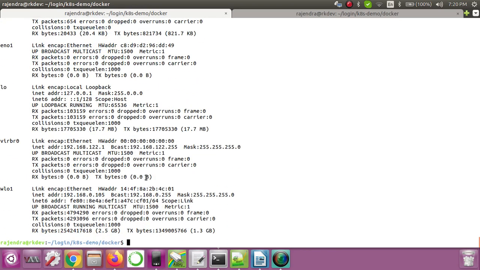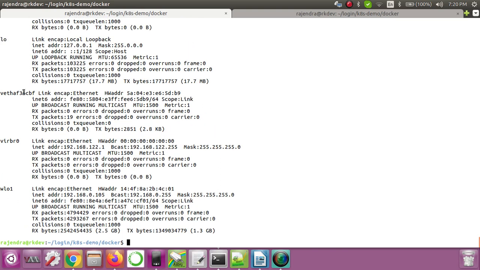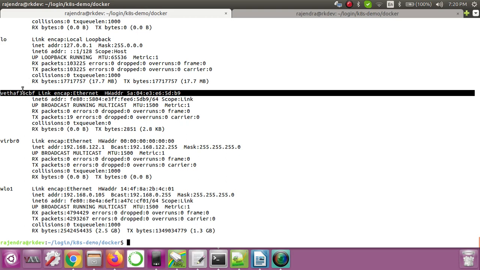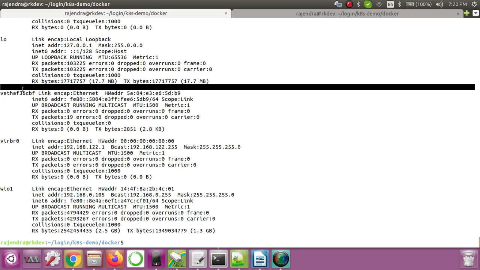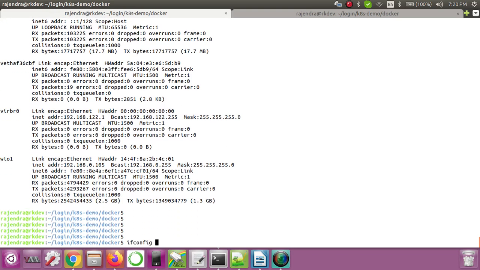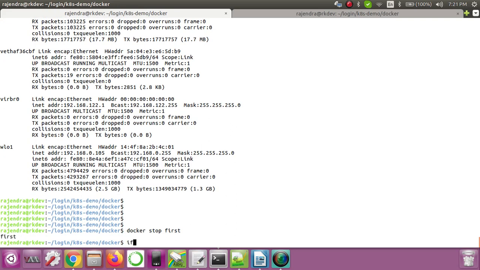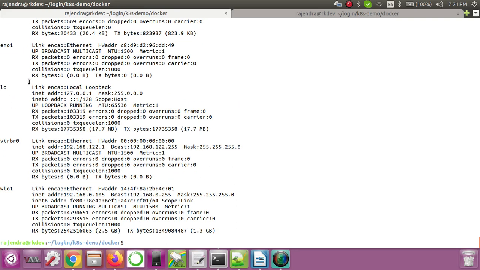But if I start it again and do ifconfig again, you can see that this virtual interface, whose name is just a random string, gets created. Now let me stop that container again. If you see again, there is no virtual interface now.